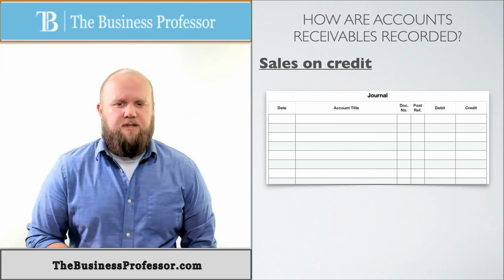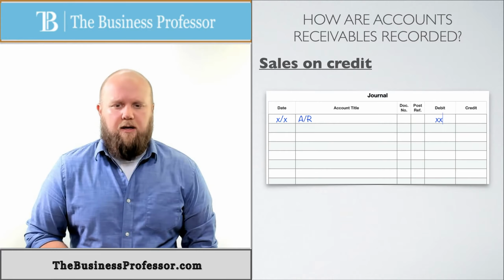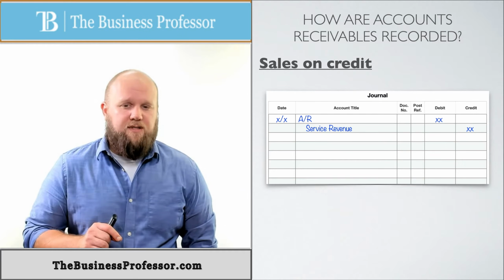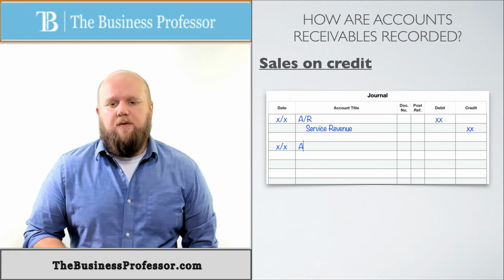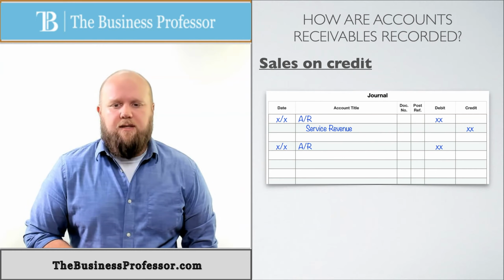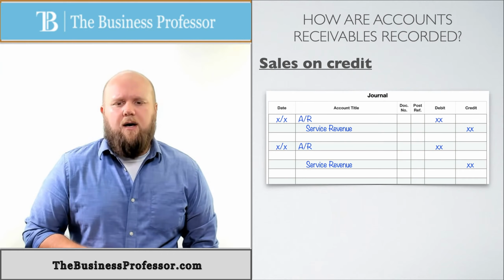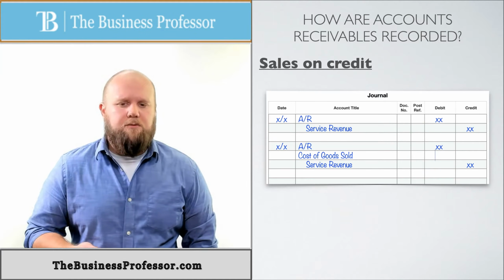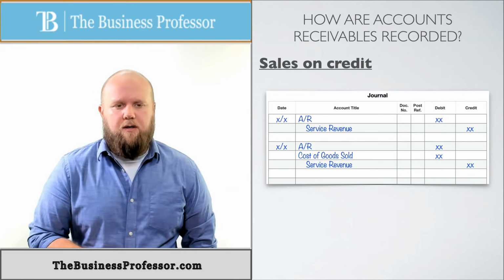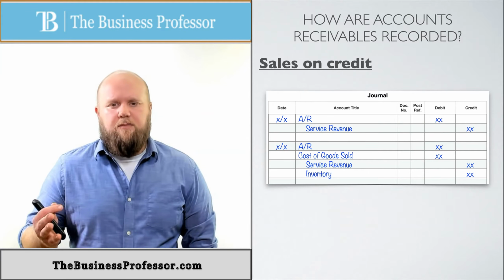And we know that if we sell a service on credit, then we're going to debit AR for that amount, and then we're going to credit the service revenue for that amount. If we sell a product, then we're going to debit AR for that amount, and we're also going to credit sales revenue. Should say sales revenue, not service revenue. And then we're also going to debit COGS and then credit inventory. So again, that's just a review of what we should already know that we've talked about in the previous videos. Now let's talk about some different ones.